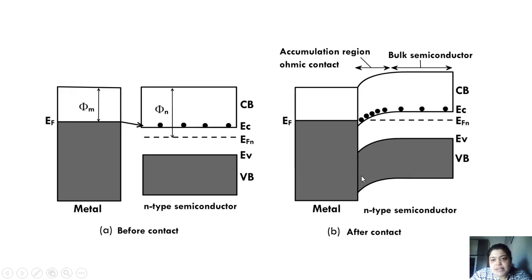Now let us consider the scenario when the contact is made, that is after the contact. As discussed in my previous lecture, there is a golden rule. Whenever a junction is made, the Fermi levels should line up. If you can see here, the Fermi levels are not lined up. They're not in a straight line. But now we need to make a contact, which means the Fermi levels should be in one straight line. Just see here. This represents the Fermi level of metal and this represents the Fermi level of n-type semiconductor. So there should be one straight line here.